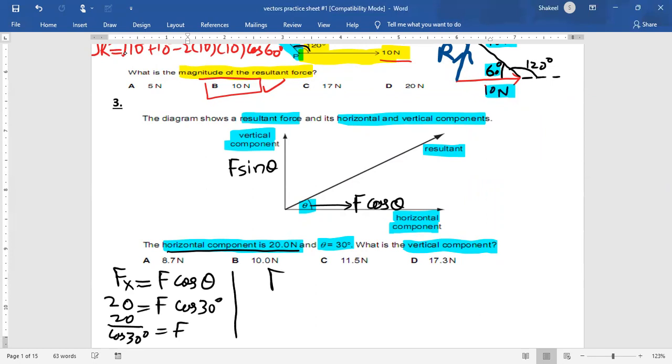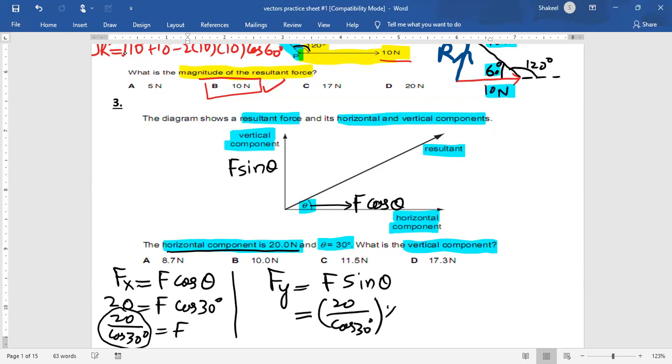Once you found f, you can easily find vertical component, because it is like this. Fy is f sine theta. So f you have already calculated. It is like 20 over cos 30 and into sine 30, because we keep the angle same for both the components. For both the components, angle is always same. And then you will calculate its value, and its value is going to be,